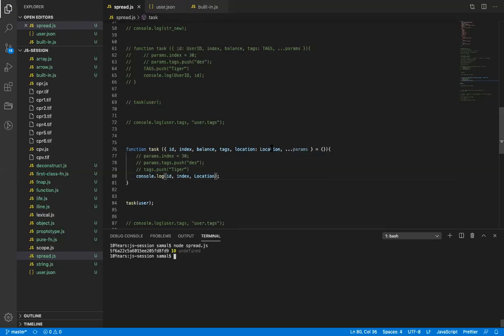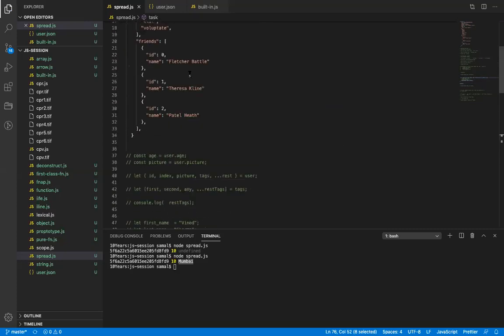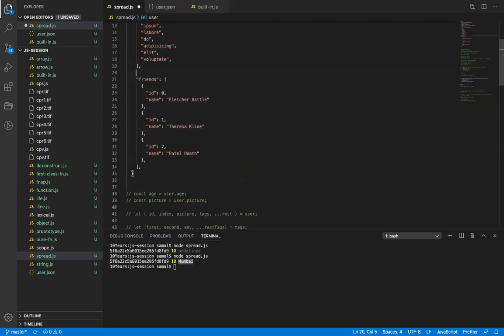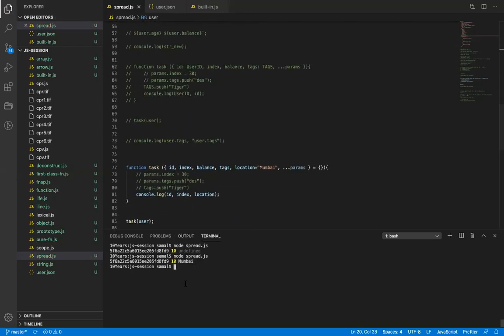Okay. And to assign a different default value, we use a normal assignment, whatever value we used to do. So I will just do Mumbai. If I now run this, you will see Mumbai here, right? But the moment I add a location key in this, now this value is there. I can just run this. You will see Pune, right?